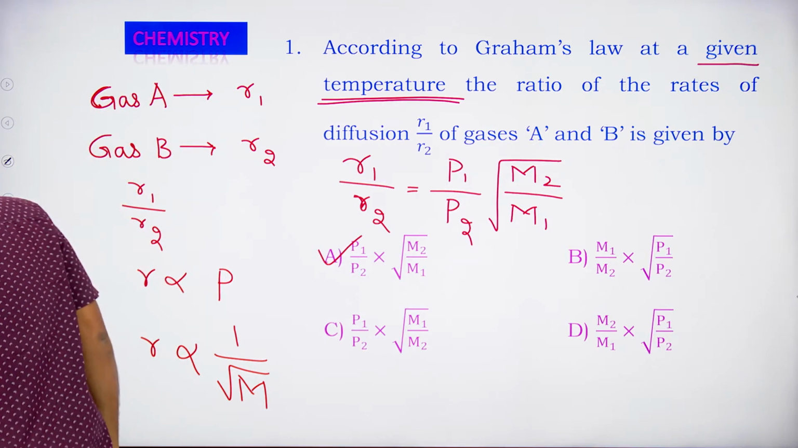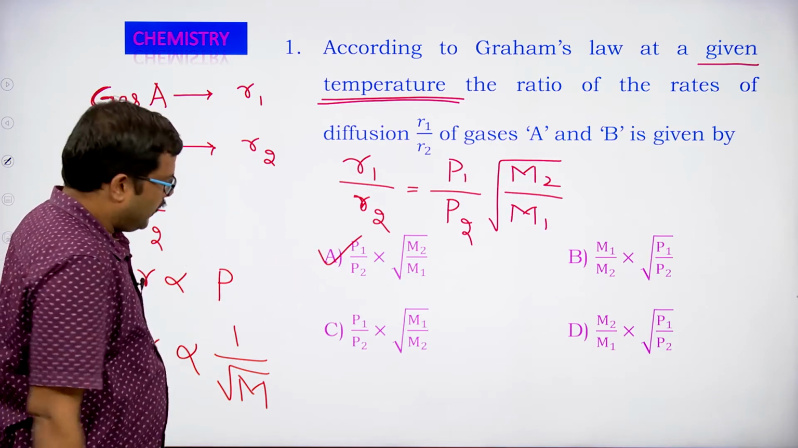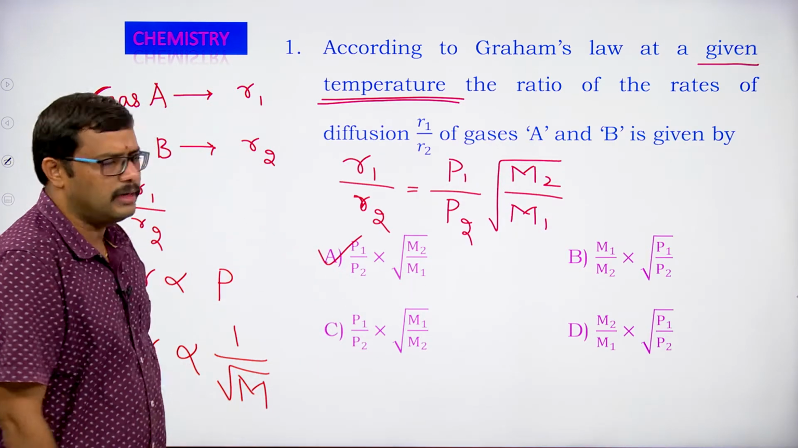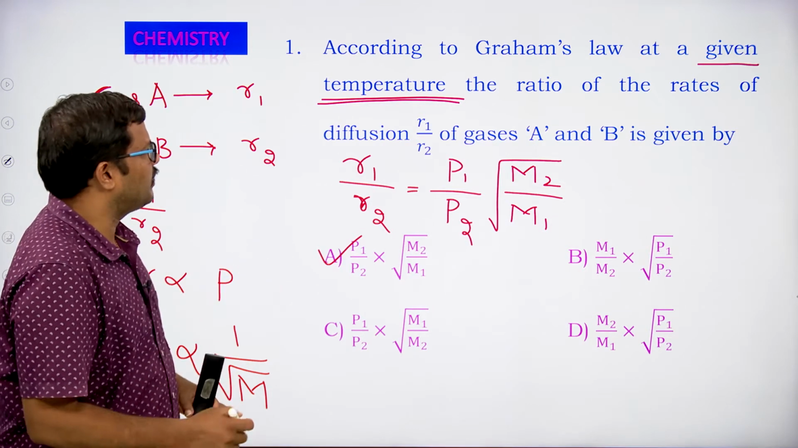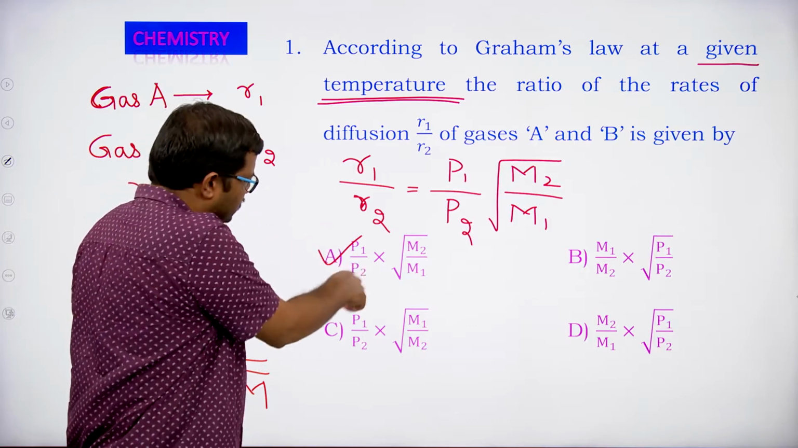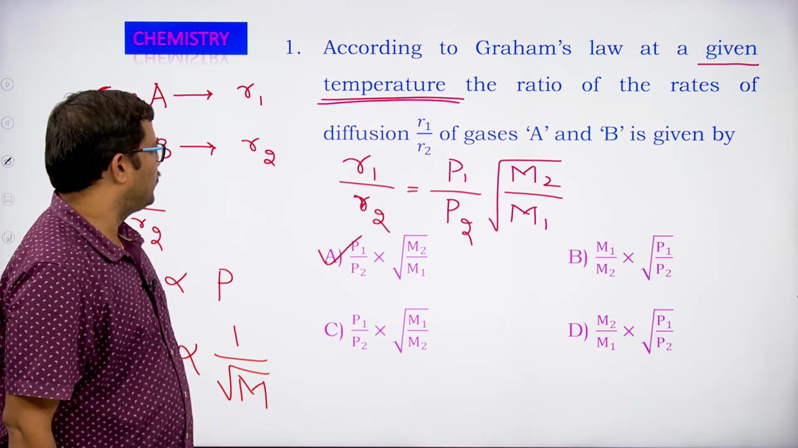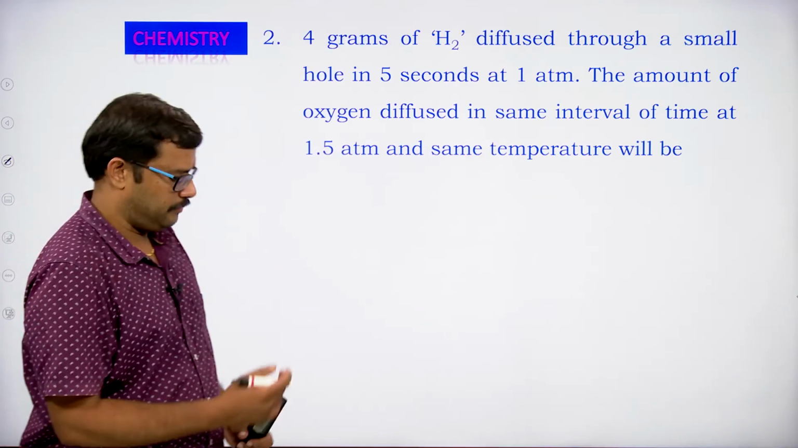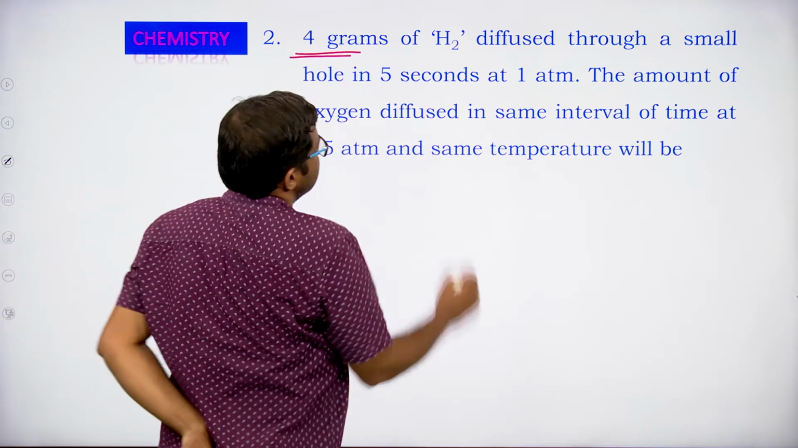P1 by P2 into root of M2 by M1 is the answer for this particular equation. I think we got the correct answer based on the pressures as well as the molecular masses of the two gases. Right. Looking at the second one, you can clearly observe here 4 grams of hydrogen gas